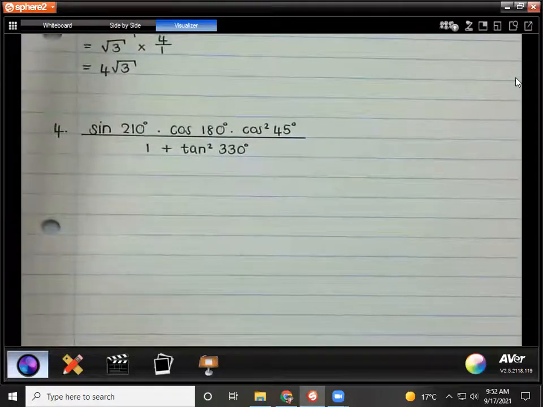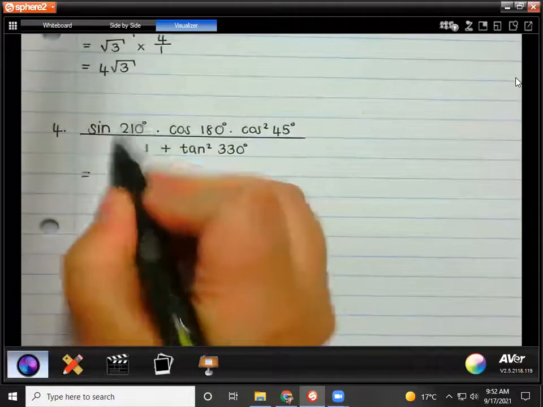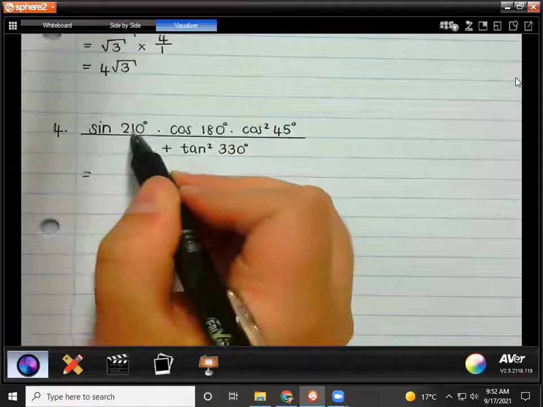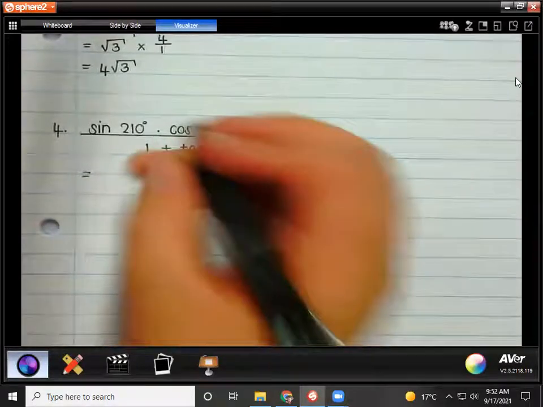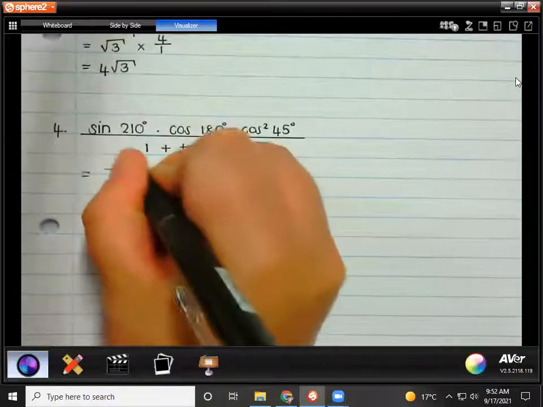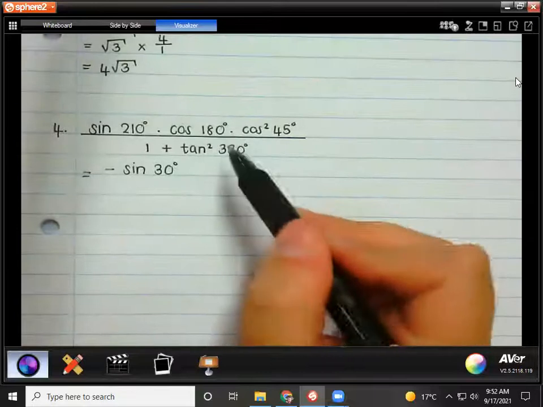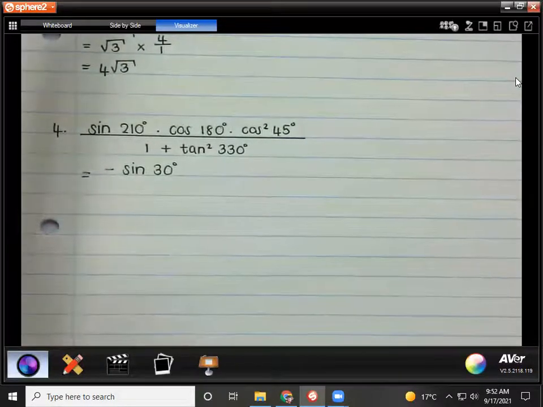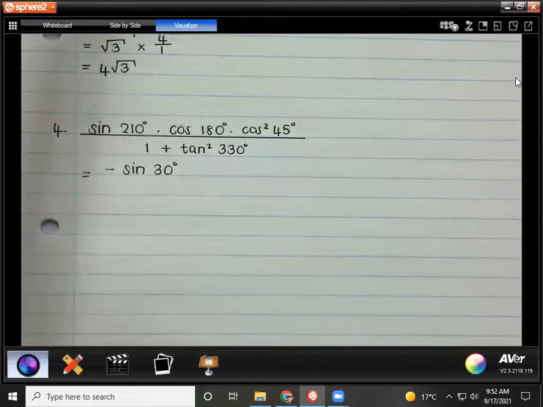Okay, this one is a bit different, all right, but for sine 210 is 180 plus 30. 180 plus is in the third quadrant. What is sine in the third quadrant? Negative. So that is definitely going to give us negative sine 30. Now guys, for cos 180, the ones that are multiples of 90, all right, so 0, 90, 180, 270, 360,